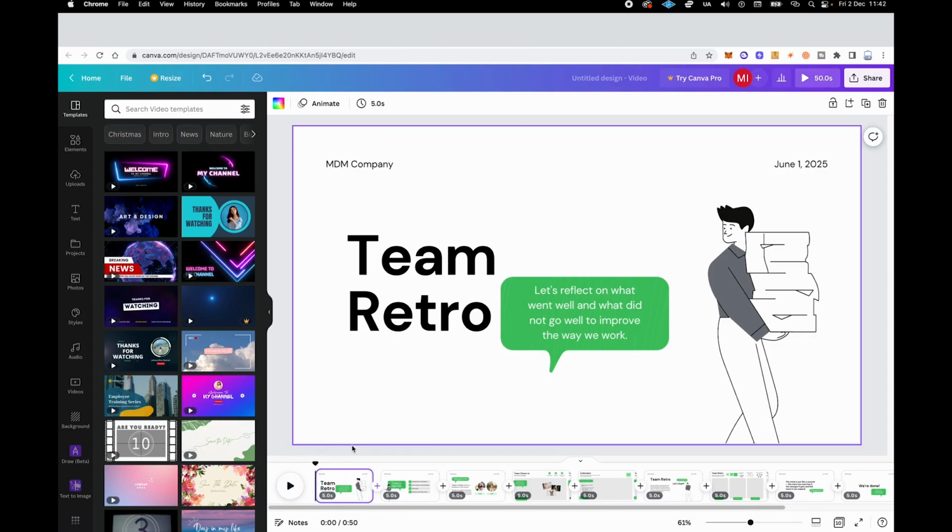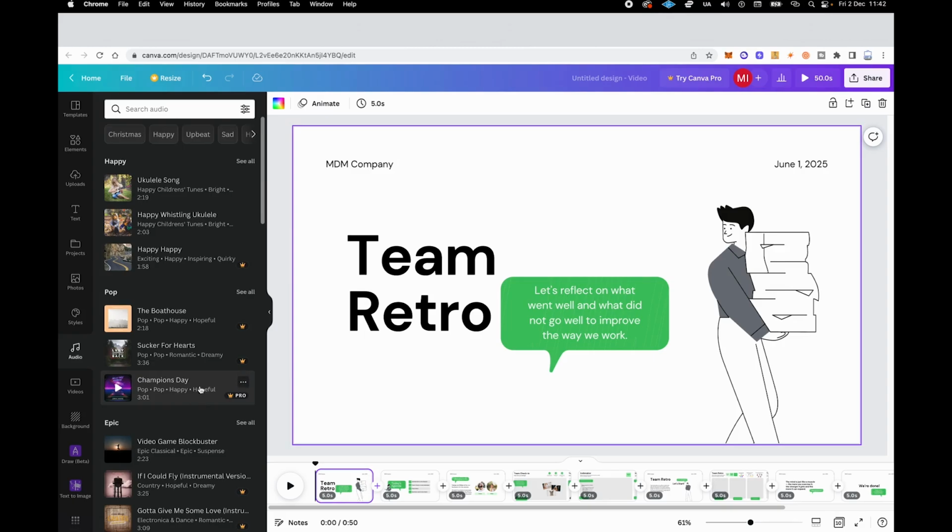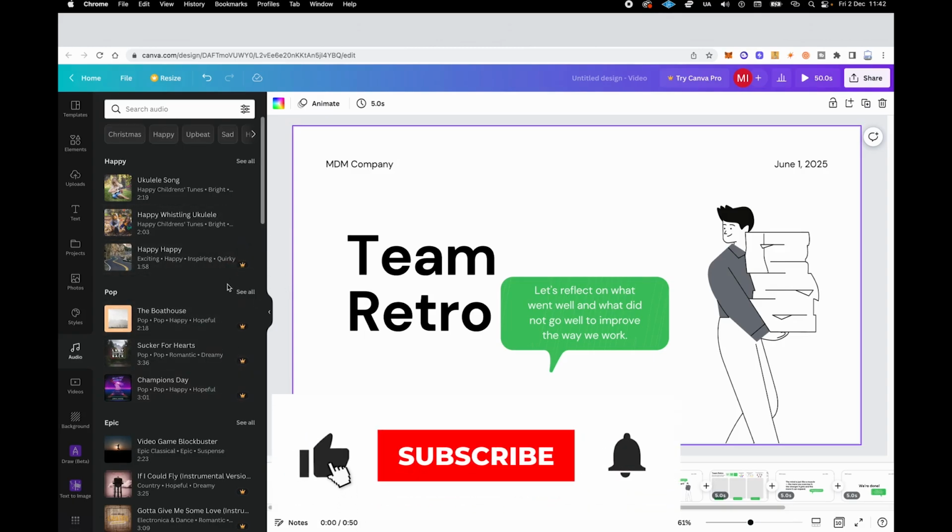So now that this is solved, we can actually start to add audio tracks to our video project. And yes, like this, we will be able to add audio per slide in Canva. To do so, click on Audio in the left toolbar and then simply choose one of the audio tracks from there. Now, most of these audio tracks need a Canva Pro license, so in case you're a Canva free user,